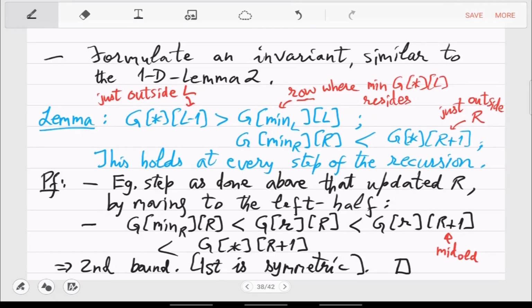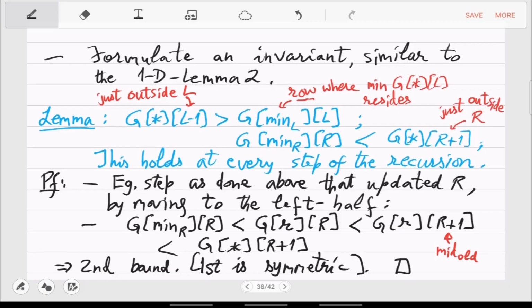So this is the induction step. What is the base step? In the base step of these inequalities, what may happen is L may not have an L minus 1, or R may not have an R plus 1. This is what you start with: L equal to 0 and R equal to n. So there is nothing outside them. Before 0 there is no column, and after n there is no column.